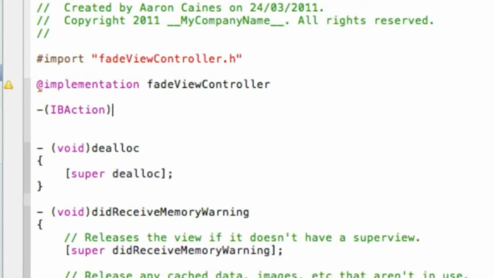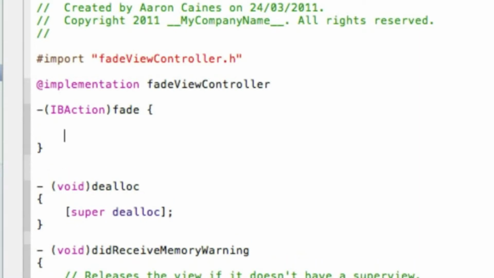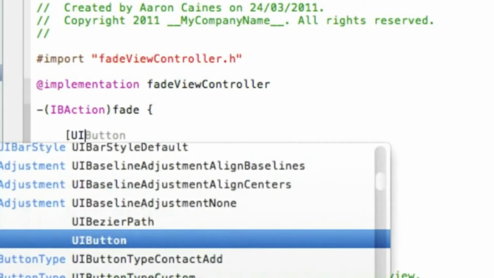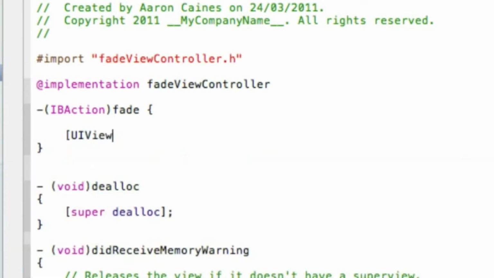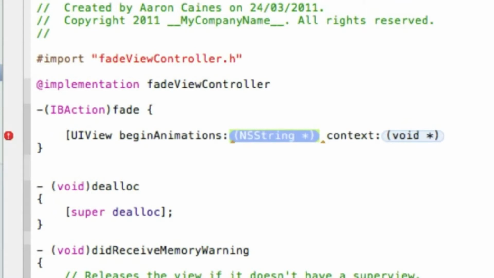bracket, fade is what we call the button, and then space and then curly bracket, press enter, and if you haven't noticed already it automatically gives you the end curly bracket, which is quite helpful. Just press enter again to make it a bit more clear, and we start by normal bracket UIView space beginAnimations, string, and then context, sorry. Simply press enter and it'll go straight into the first highlighted section, and here you want to put nil,